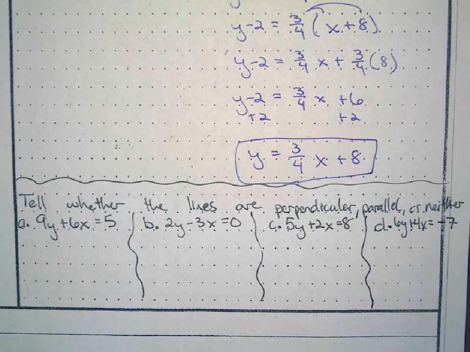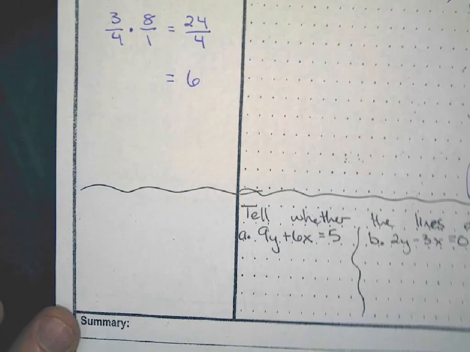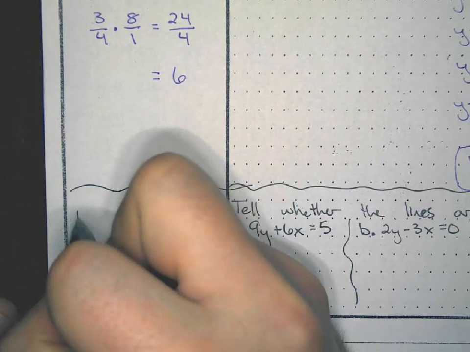A, B, C, and D. Now, what we want to do, I'm going to put this out in the margin over here to the left, is